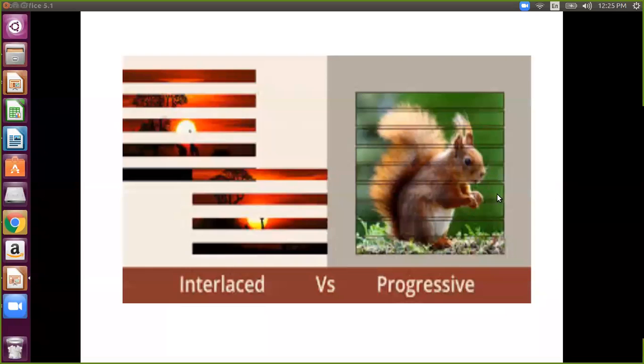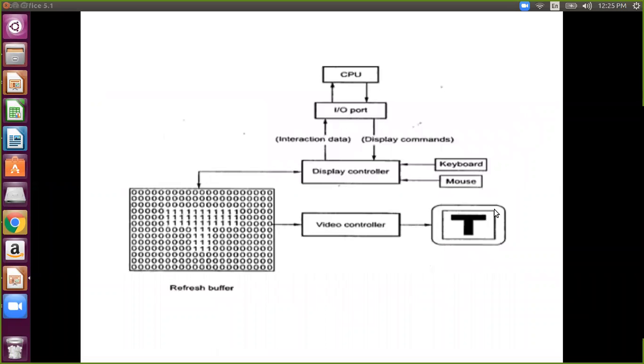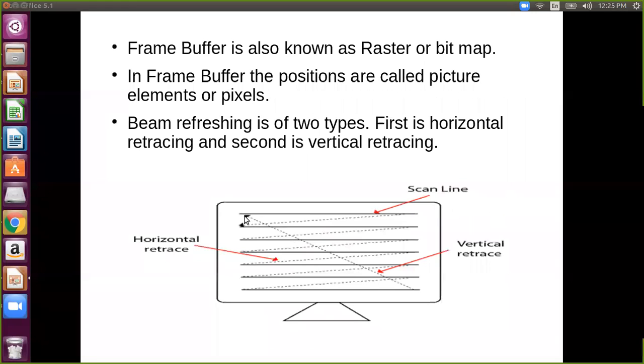We have already discussed raster scan display, in which we trace the lines horizontally from top to bottom. Again we can do one thing with this process of tracing and retracing the horizontal lines: first horizontal line, then second, then third.